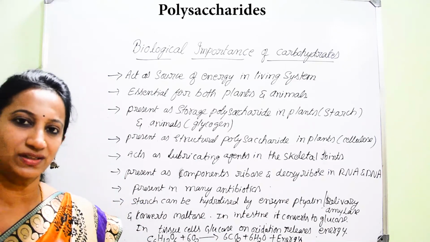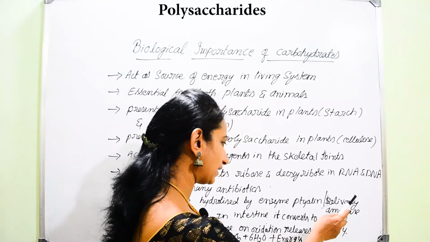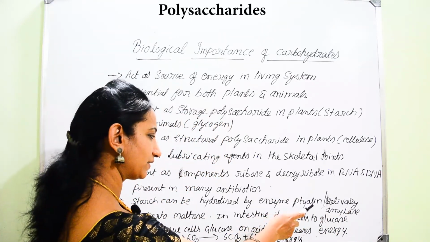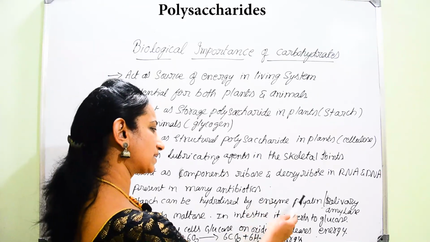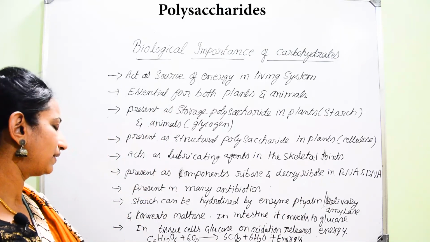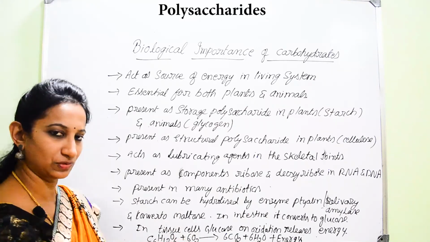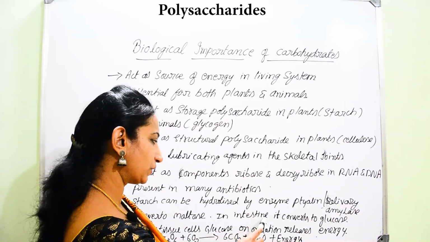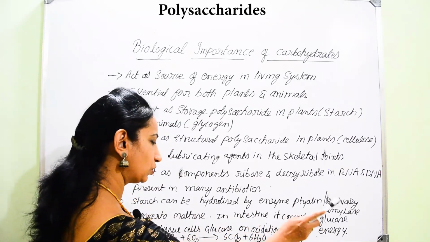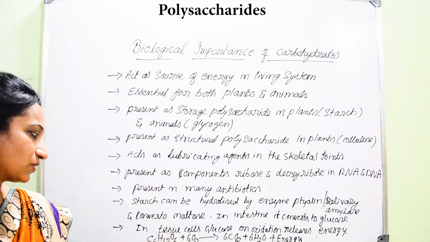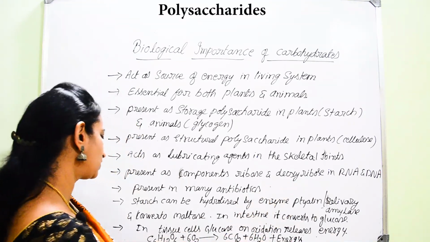Starch can easily get hydrolyzed by the enzyme ptyalin, or salivary amylase, which is present inside our digestive system. In saliva there is salivary amylase, and in the digestive system we can find ptyalin also. Very importantly, in the saliva these enzymes can convert starch into the disaccharide maltose. But once maltose enters our intestine, it can be converted into glucose units in the presence of maltase. So maltase helps to convert maltose into glucose units.